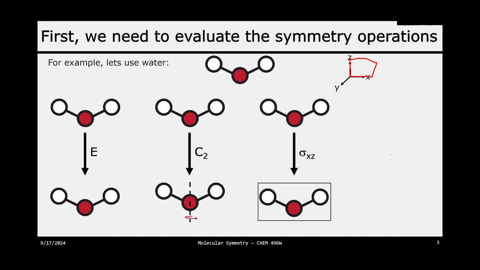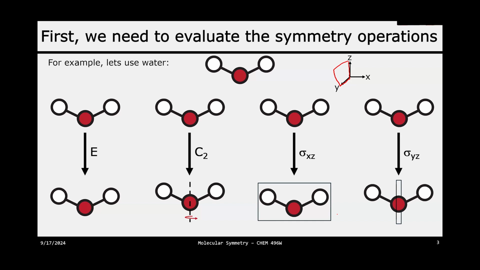We have one more. We can do it on the YZ. So now we're looking at, can I draw this right? I'm really bad at drawing these, but now we're cutting right on the YZ plane, right between the oxygen. So now that we know all the symmetry operations, we also need to assign its point group